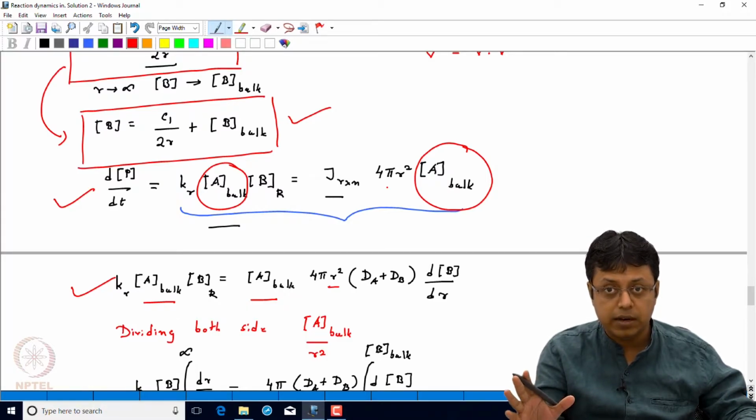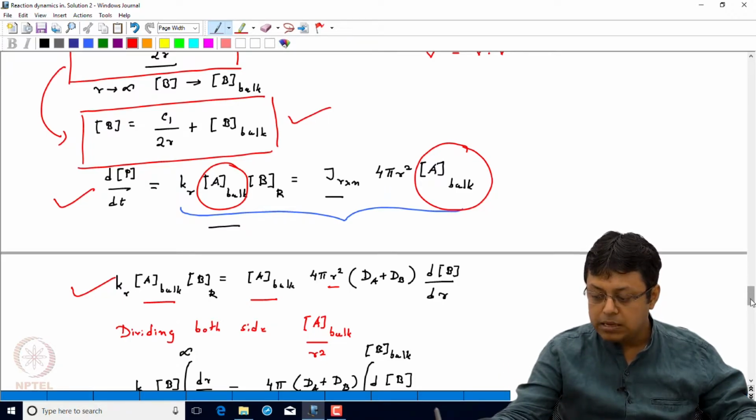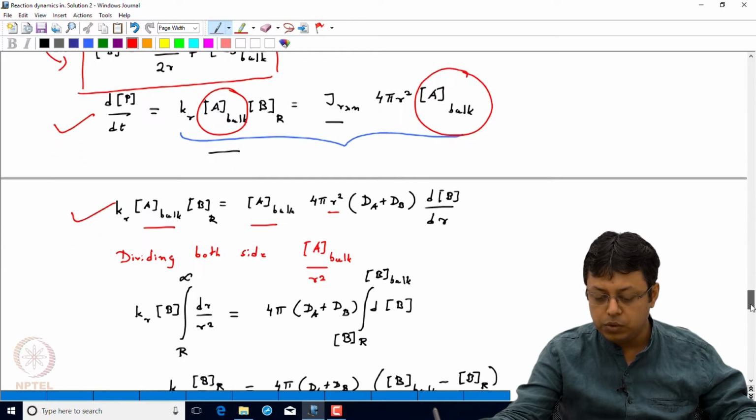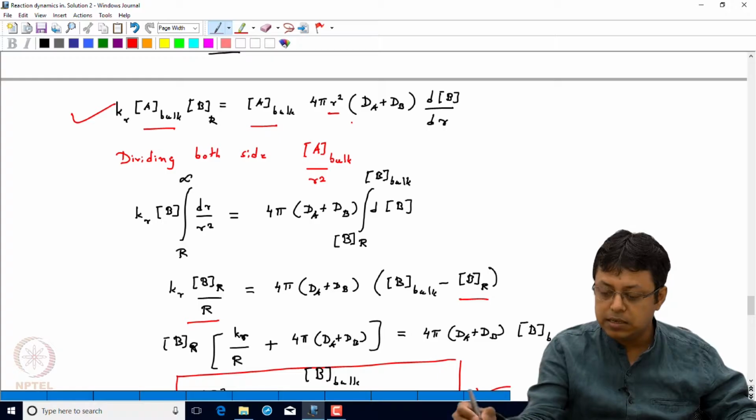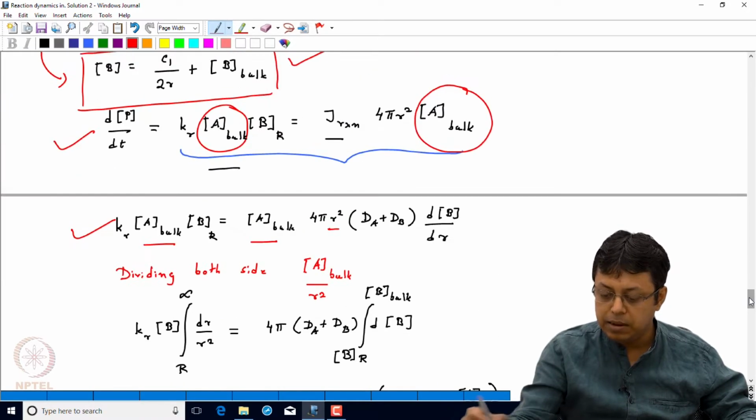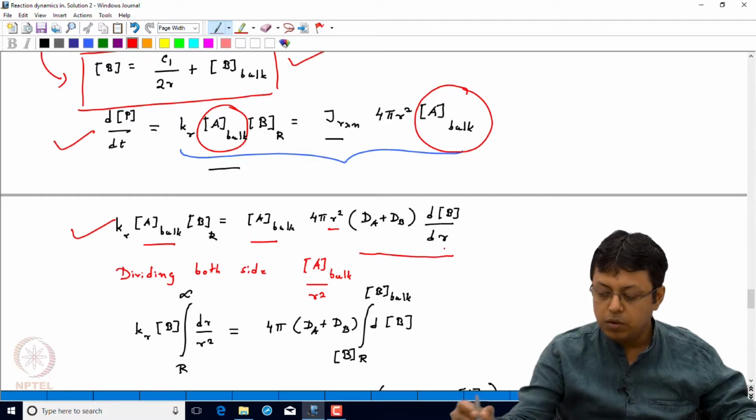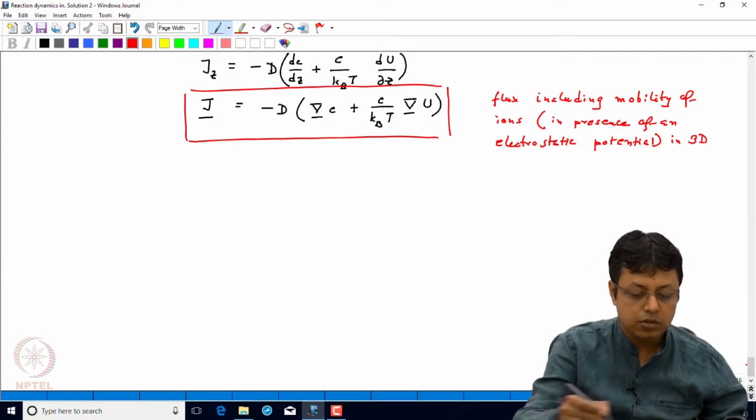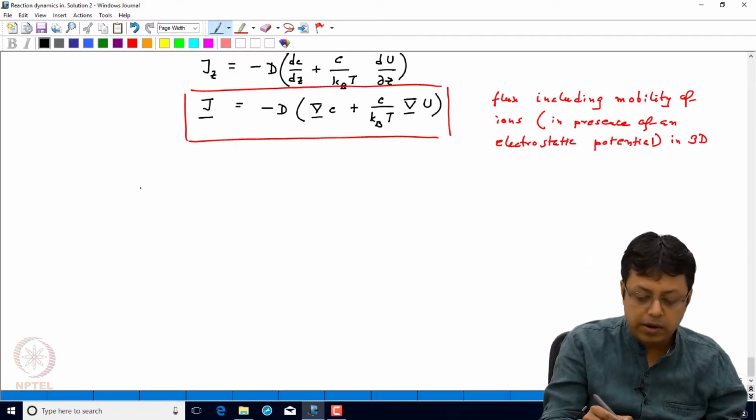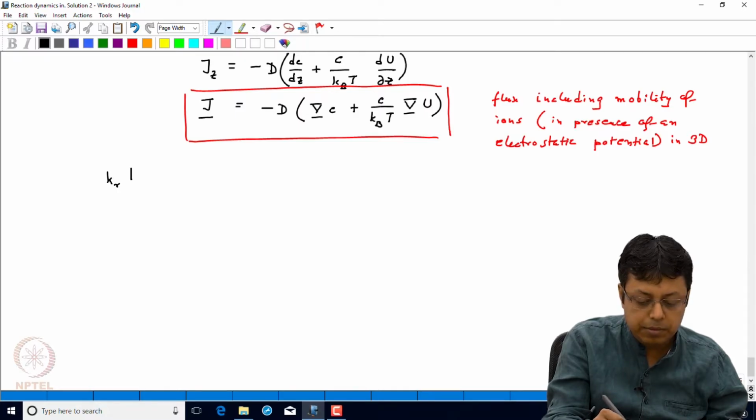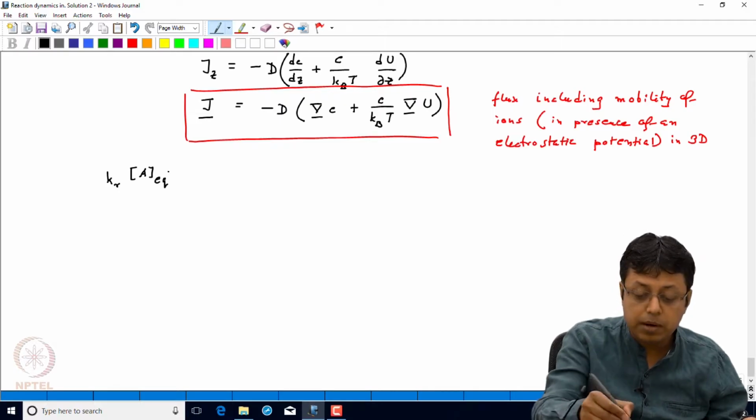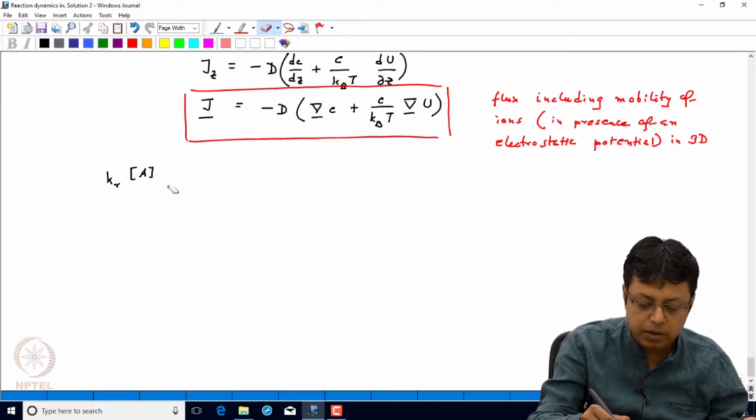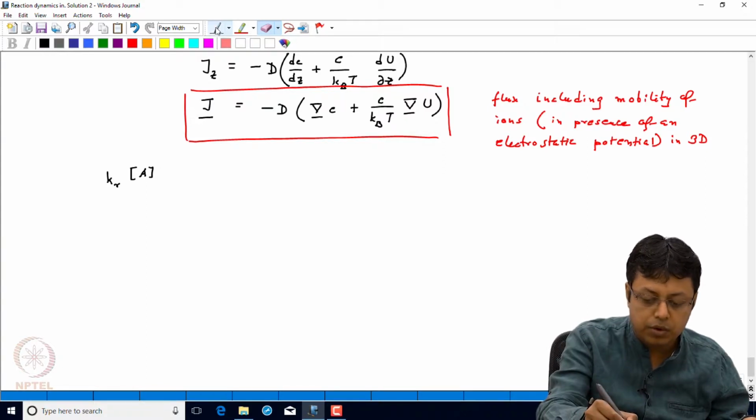Right now J reaction is equivalent to the J itself, into 4 pi r square into A bulk. Instead of writing this J as something like dA plus dB into this, we are going to include the electrostatic potential's effect. So on my left hand side I will have the rate as Kr. I am using the similar notation as we used in the last lecture. Instead of the A equilibrium notation, I was using the bulk notation, because this is the bulk